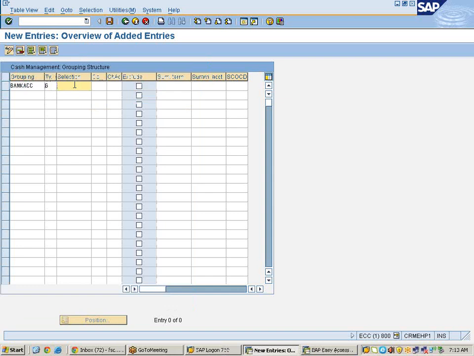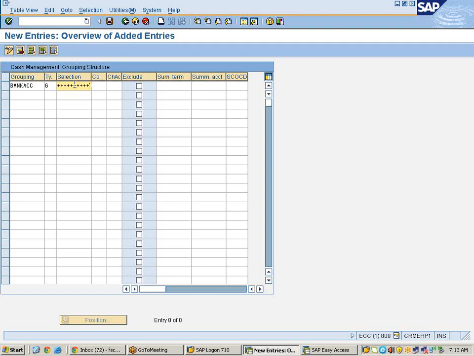Selection. Here, whatever the transaction, that means whatever the general ledgers related to the bank account, all the GL accounts are taken into consideration. If you maintain 10-digit length in GL account, that many digits we need to enter as plus plus. So like this 10 digits you need to enter. Or if you maintain only 4 digits, we need to maintain 4 digits with plus marks.